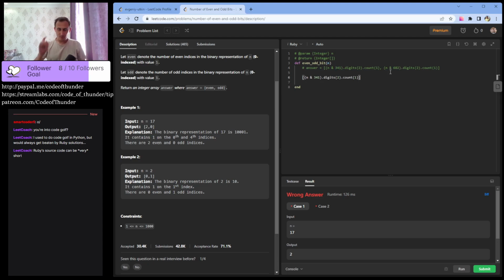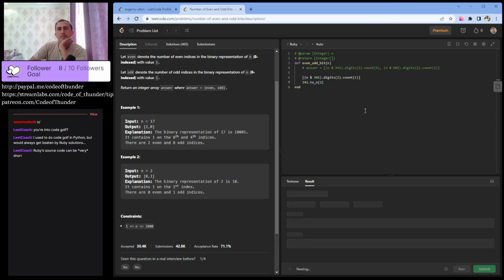And we discussed earlier in a previous problem, like a week ago, do remember that when we multiply a number by 2 in a binary form, we left shift everything. So if we have 341,